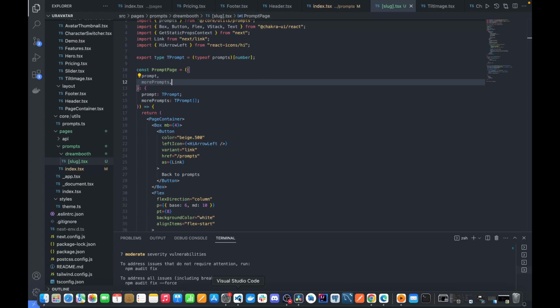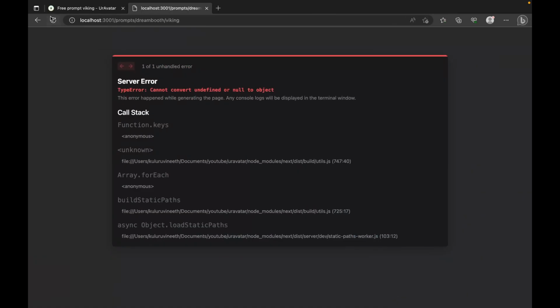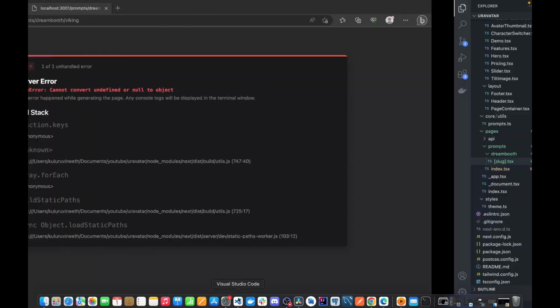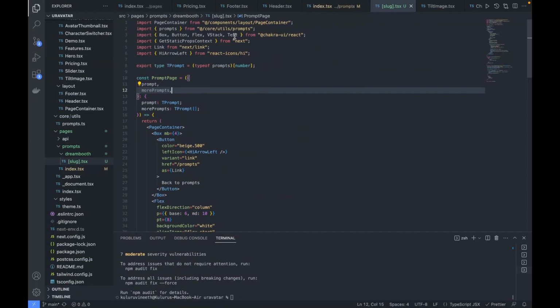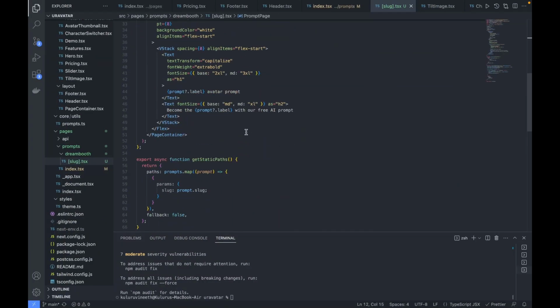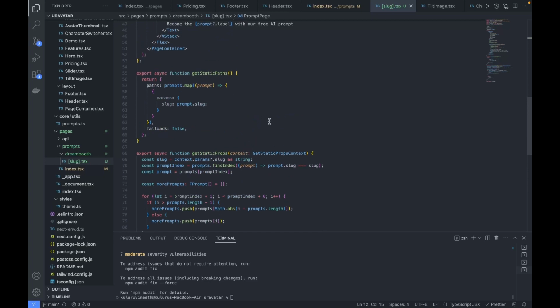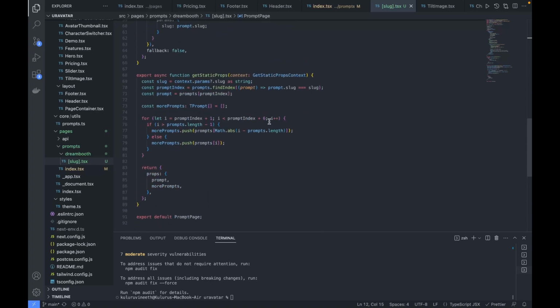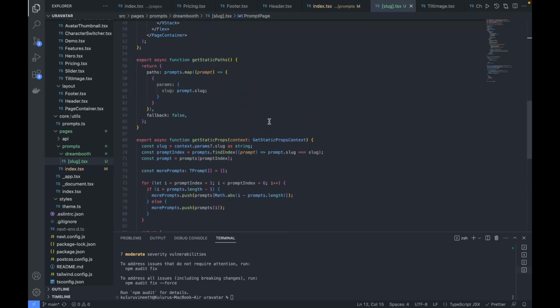I missed something, so let me check. Okay, so let's go back to this file. So prompts is imported and getStaticPaths is also defined. So we are going to return paths, and we are using the prompts map, and then